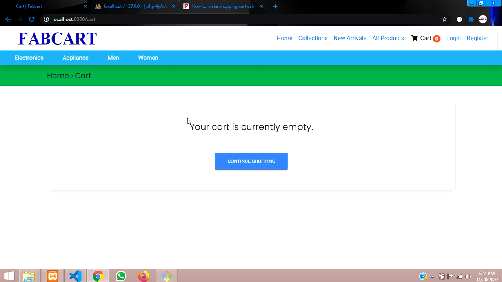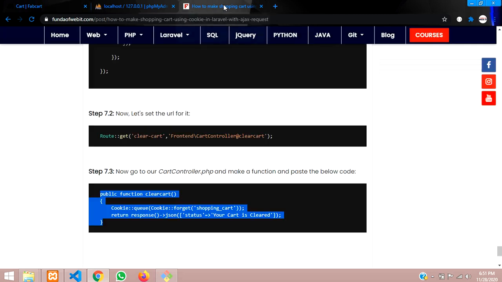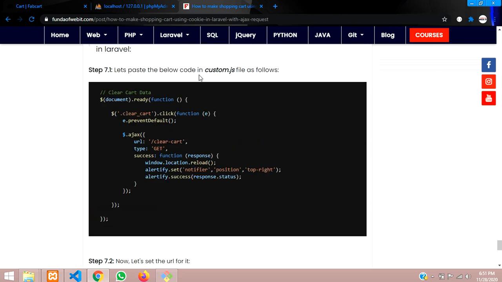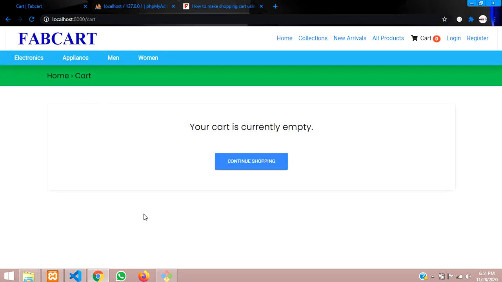Cool. So finally we have completed the fifth task of cookie, that is create, read, update, delete, everything, and forget the things which are coming into the cookie. That is nothing but the shopping cart which we are creating: how to make a shopping cart using cookie. So the cookie CRUD operation we have completed, and now guys we will jump to the next, that is the checkout page, and start with the integration of payments.